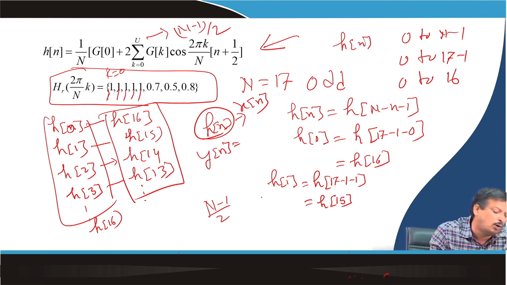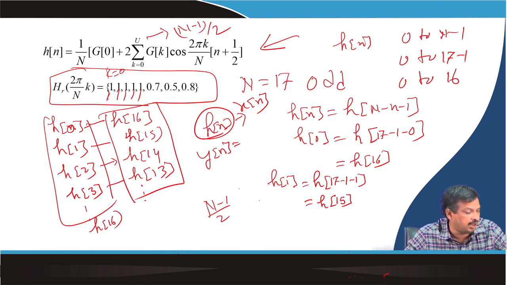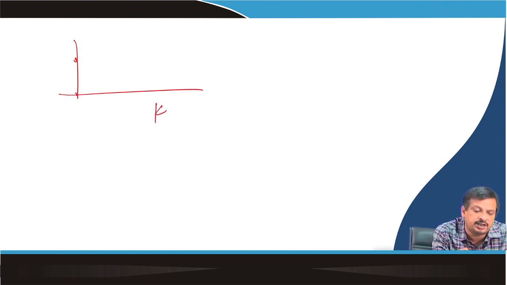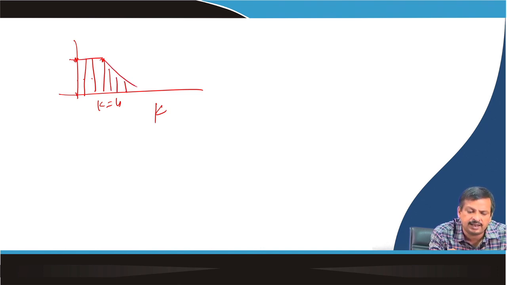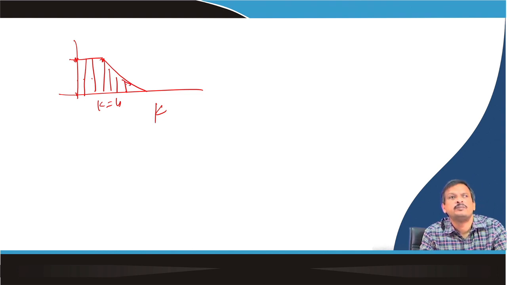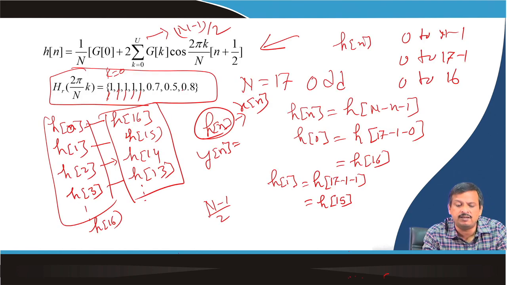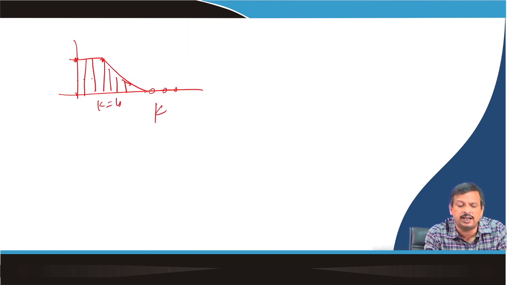So, for k equal to 4, I take another slide here. Up to k equal to 4, it is 1. What kind of filter have I given? This side is k. Up to k equal to 4, it is 1, for k equal to 0, 1, 2, 3, 4, and then it reduces, like that kind of thing I have given. After that, it is 0. After k equal to 8, n by 2 means n plus 1 by 2.